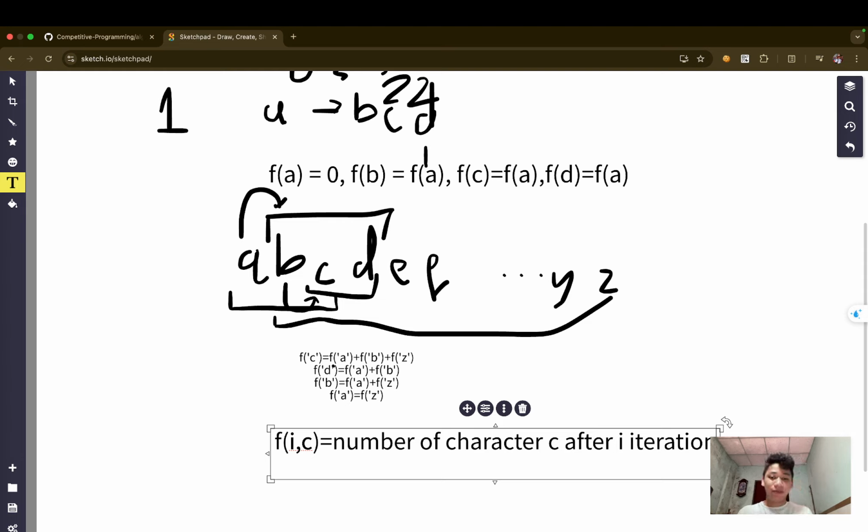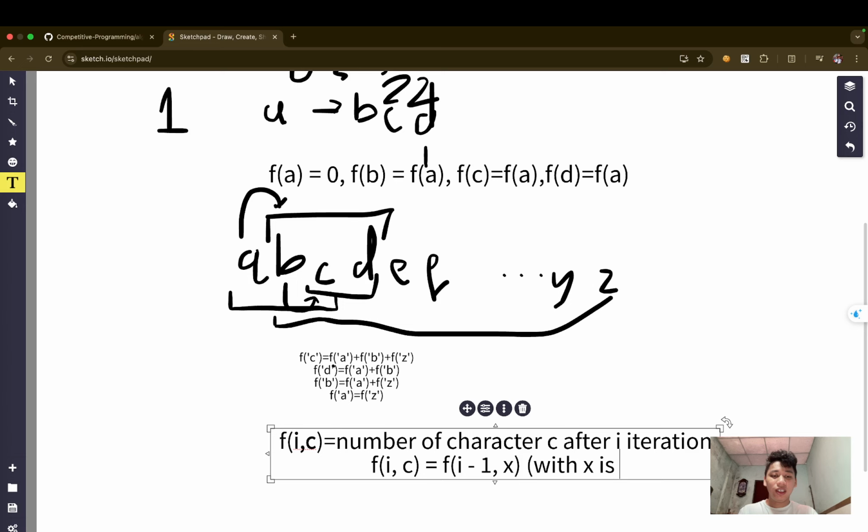So we can calculate f_i,c from the previous iteration. That's f_(i-1), the previous iteration, and the character